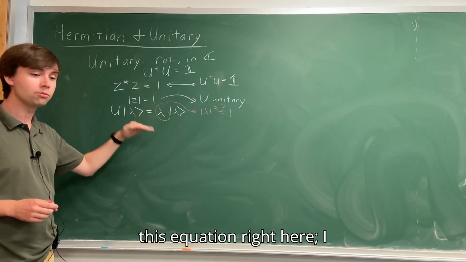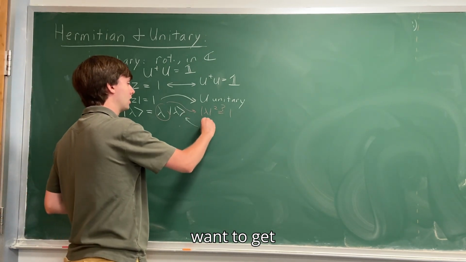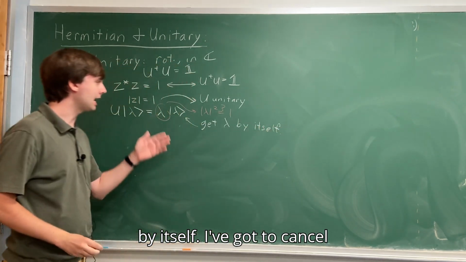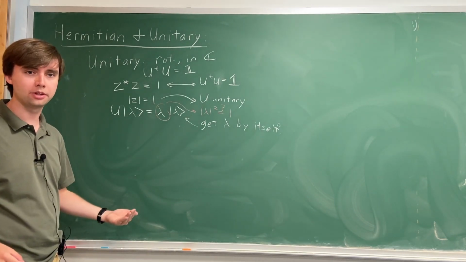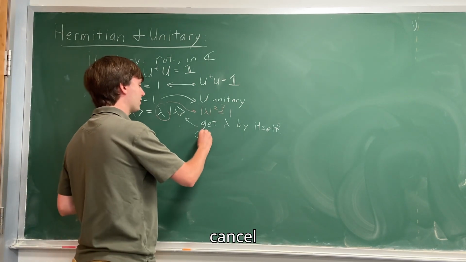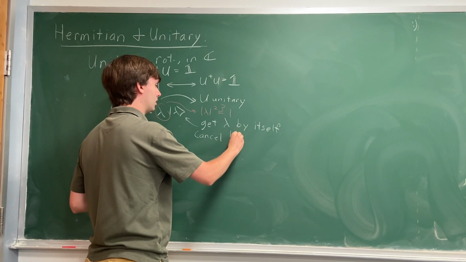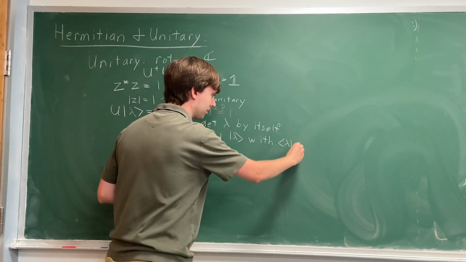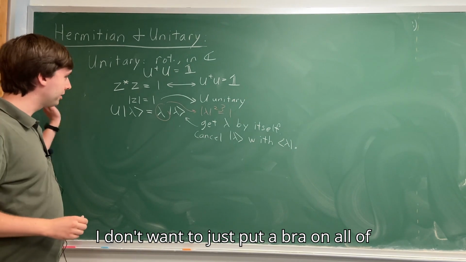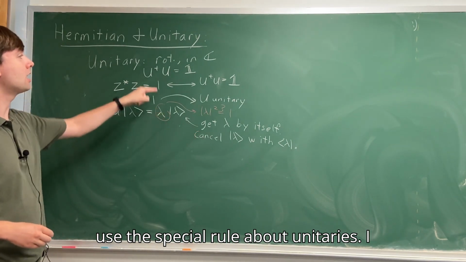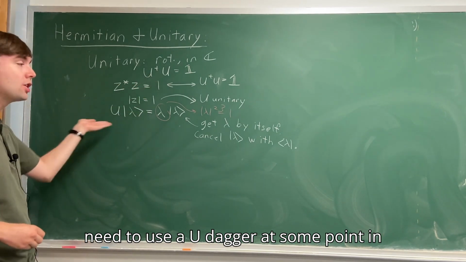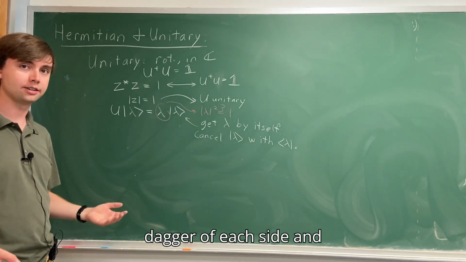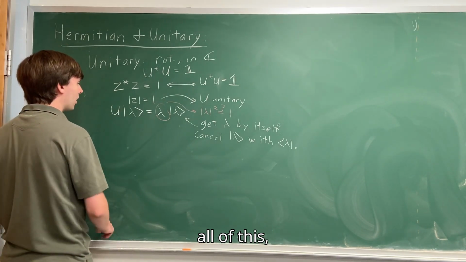So if I have this equation right here, I want to get the eigenvalue by itself. I've got to cancel out the vectors on this equation somehow. So I'm going to cancel the ket with a bra. I don't want to just put a bra on all of this, though. I need to make sure that I use the special rule about unitaries. I need to use a U dagger at some point in this. So I'm going to take the dagger of each side and move that on. So if I dagger all of this,